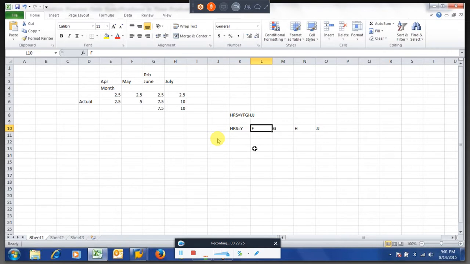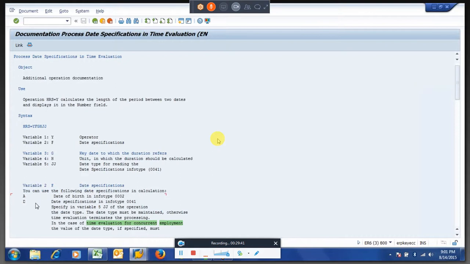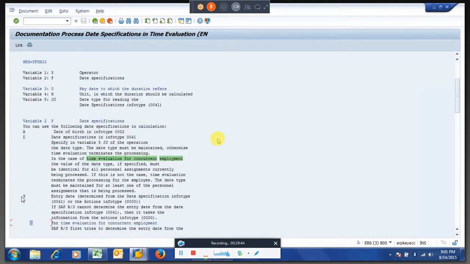So this is variable 1, F is variable 2, right? This is the variable 2 for F. In the place of F, what you are putting is all given over here. Let us say here I am going to take S: entry date from date specification info type 41 or actions info type.